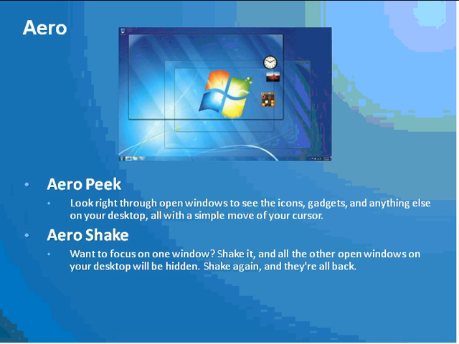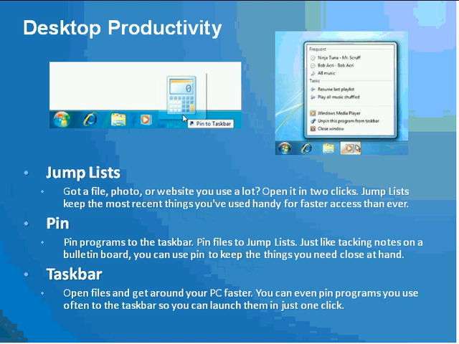All these features, including jump lists and pin, are actually part of the taskbar, and the taskbar itself has been revamped drastically to make it much easier to use and to get to your applications much faster than it would have been possible earlier.